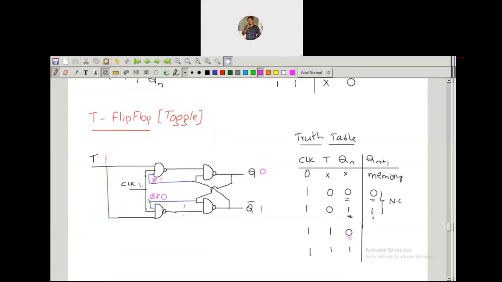Okay. So for this NAND gate, we are getting 3 inputs as 1, 1, 1. You can observe for this NAND gate, you are getting T value 1, clock is 1 and Q bar is also 1. So you are getting the triple 1 here. ANDing of 1, 1, 1 is 1 only. You do its complement, you are going to get 0. So here you will get 0.